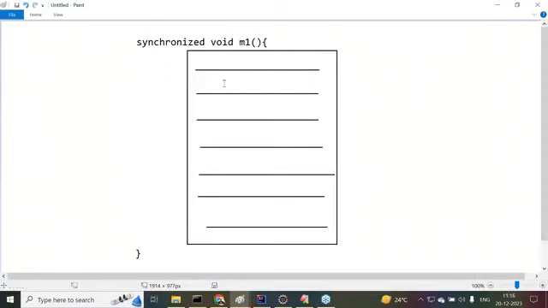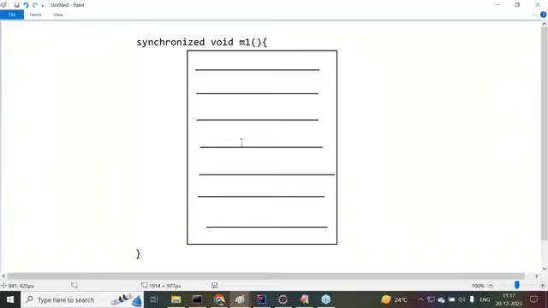Now tell me, if we use a synchronized method, then synchronization will be applied for all the instructions of this method or not? Whatever code we have written inside this synchronized method, the synchronization is going to be provided for the total code or not? Say 100 instructions are available. Up to all 100 instructions, that synchronization is going to be applied or not? So 100 instructions are allowed by only one thread at a time or not?